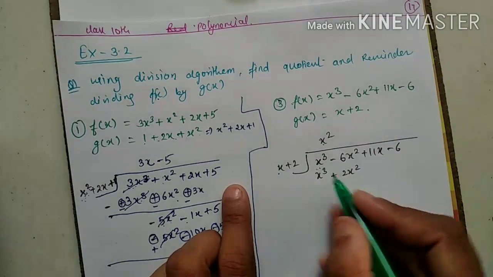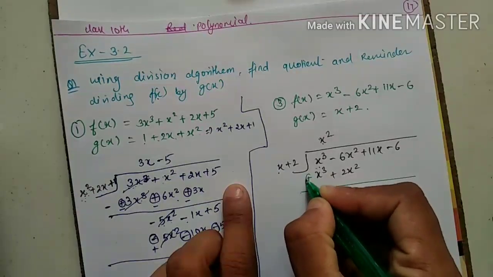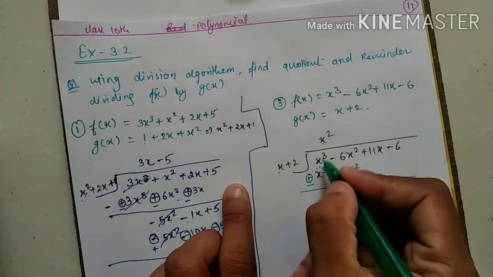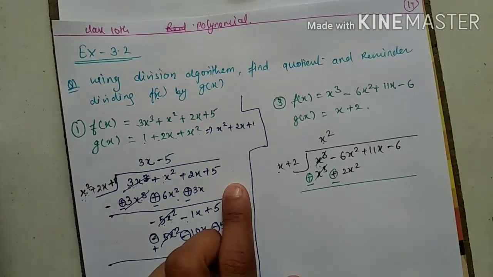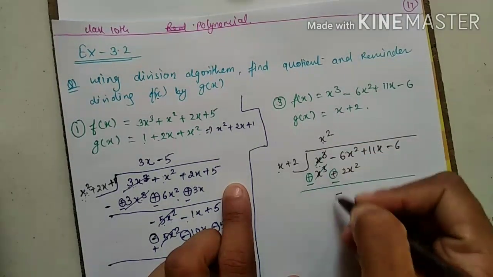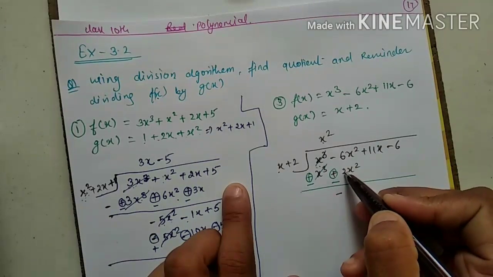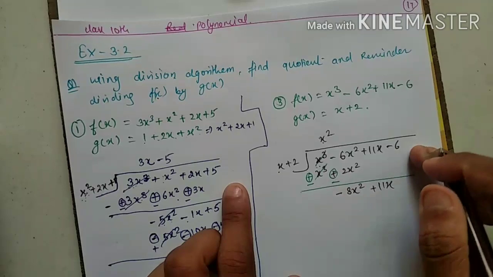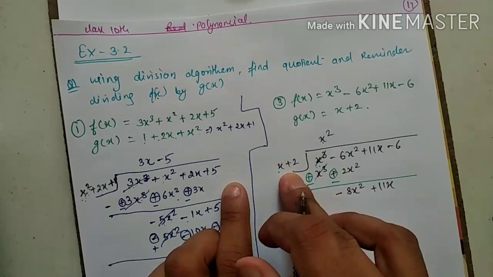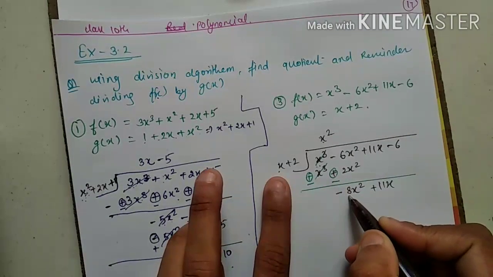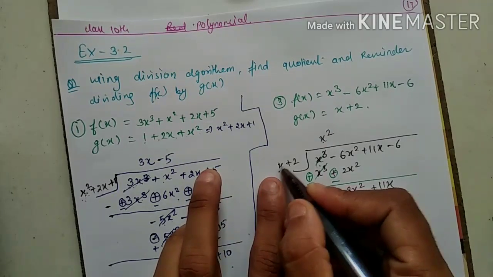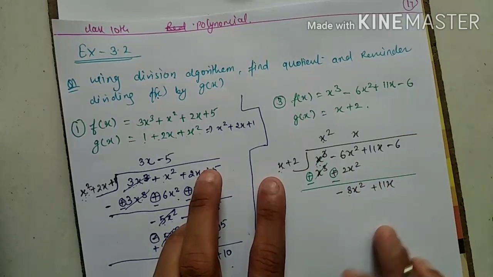Very easy to understand. Again sign will change. Positive become negative. Positive become negative. So cancel it. Positive negative cancel. What remainder here? Negative. First of all negative negative negative. 6 plus 2, 8x square plus 11x. I will not take minus 6 here because I have two numbers only. So again x square. Here is 8. Here is nothing. Here is x square, here is x. So I have to multiply x. Correct or not? Yes. To make it as x square.